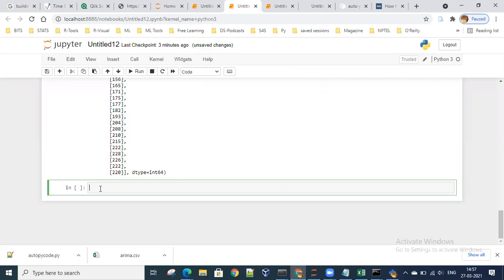So ARIMA basically says that there are 3 things that can be set in a model, and that is the PDQ value. P is the lag that a particular observation has with the previous value. D is the number of times that the raw observations are being differenced. Difference is the thing that we have seen in the other class. Q is the size of the moving average. So PDQ are the 3 values.